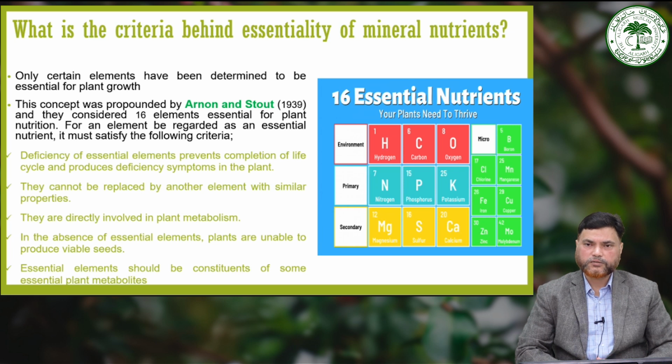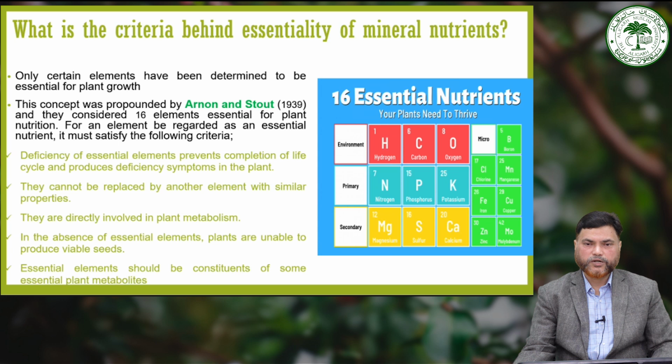so for an element to be considered an essential nutrient, it must meet specific criteria. So, what are these criteria? Number one, deficiency of an essential element must prevent the completion of the life cycle of the plant and result in deficiency symptoms. So, the plant will not be able to complete its life cycle in the absence of a particular element. The next criterion is that essential elements cannot be substituted by another element with similar properties,